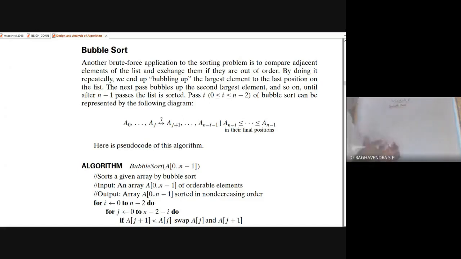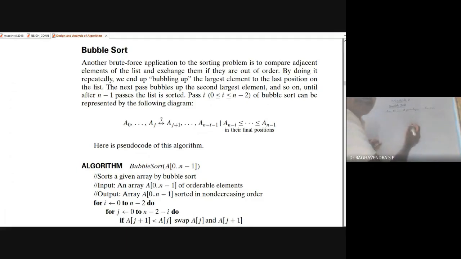Adjacent element means, like this, we have a0, we have a1, and so on. At a particular place I reach aj. The adjacent element of Aj is Aj plus 1. So there is a comparison between these two. Comparison happens with the element next to it, so on up to a n minus i plus 1.